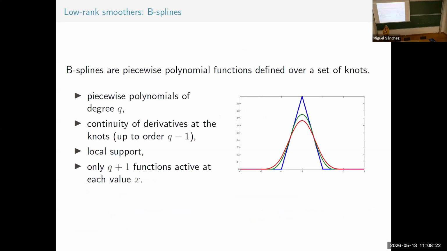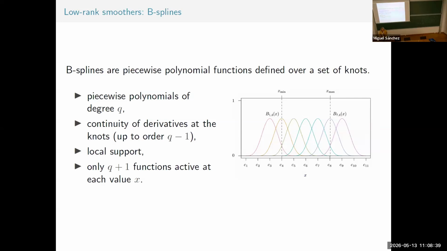I'm not going to say very much about B-splines because we have been listening to this all week, but I want to talk about something. There is not a unique way to define B-splines, okay? In many places, B-splines are defined as clamped at the edge. Knots are repeated at the edge. For me, this is not good, okay? Well, in my situation, it's not good, and I'm going to say why.